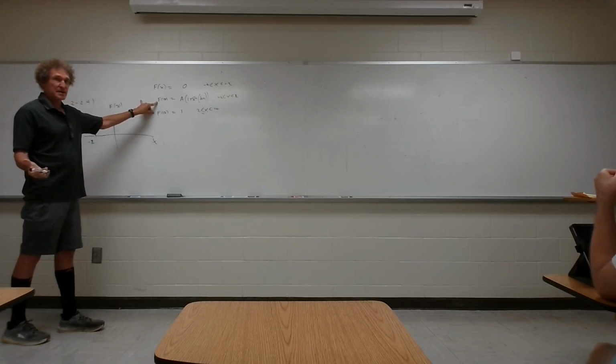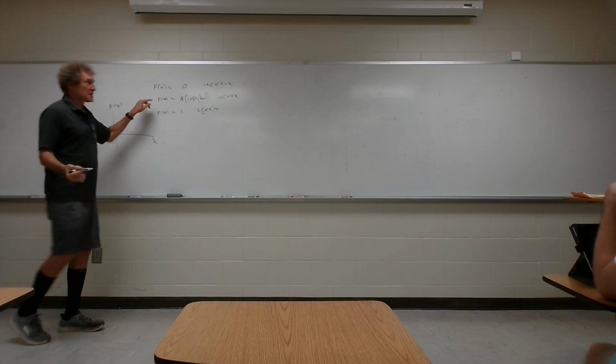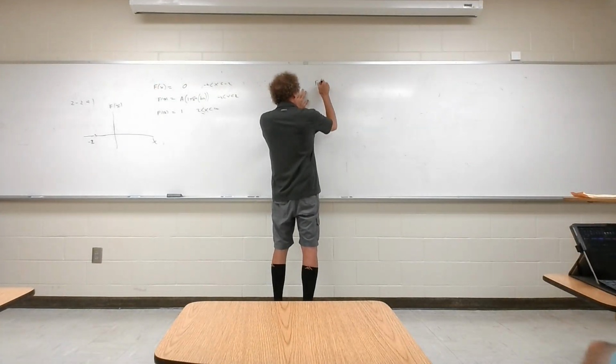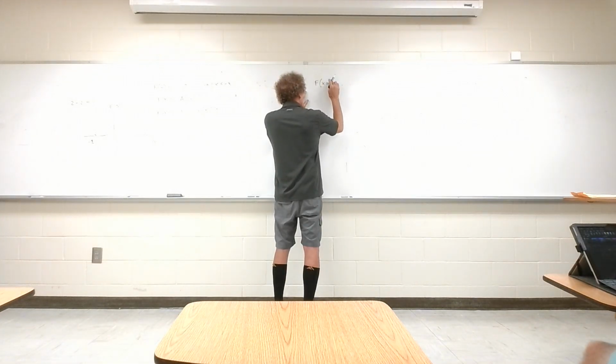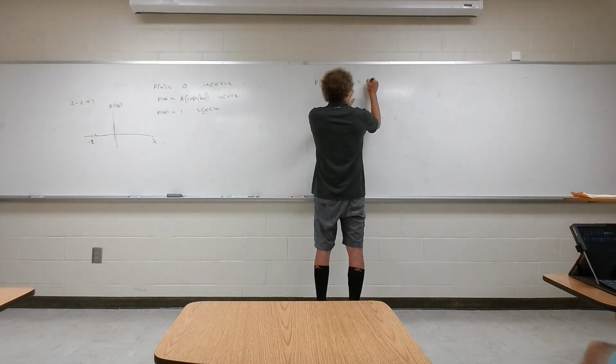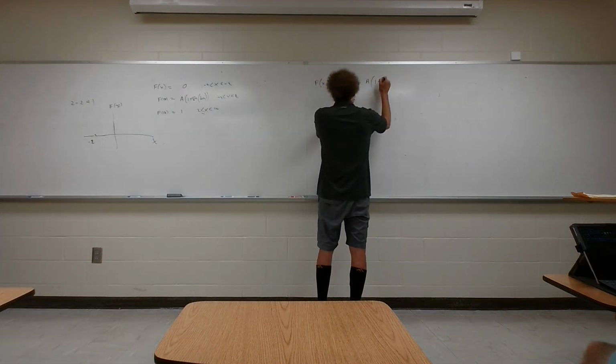Does everybody agree with that, class? So I'll come over here and I know that F of -2 has to be equal to 0, and that's equal to a times 1 plus